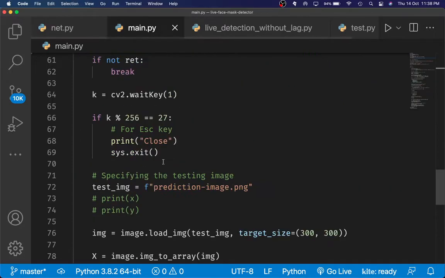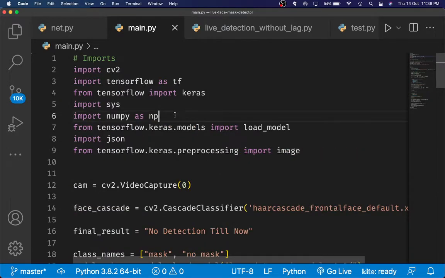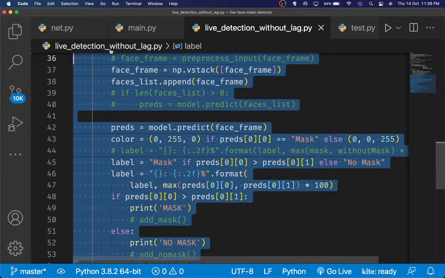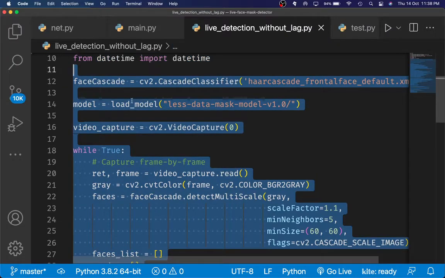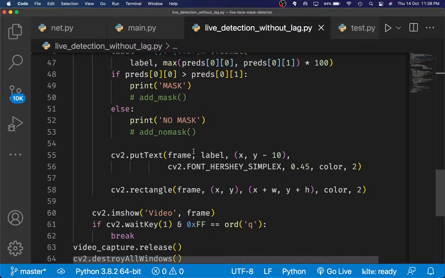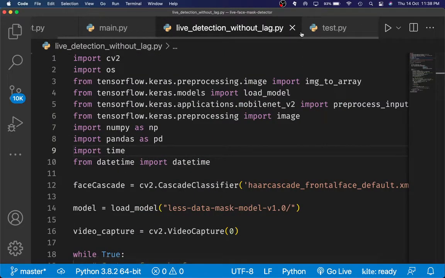And the main file is something you can keep to actually understand what's going on behind the hood, because this file is a bit more OpenCV heavy. So you do need to understand a lot of OpenCV to understand what is written in this file. So yeah, that's pretty much that.